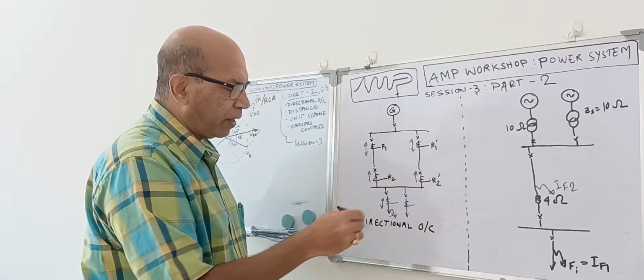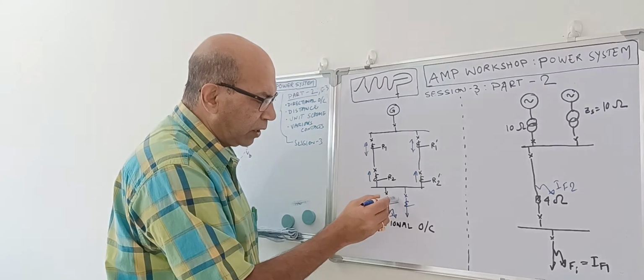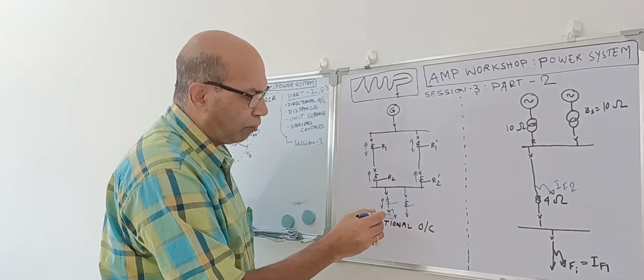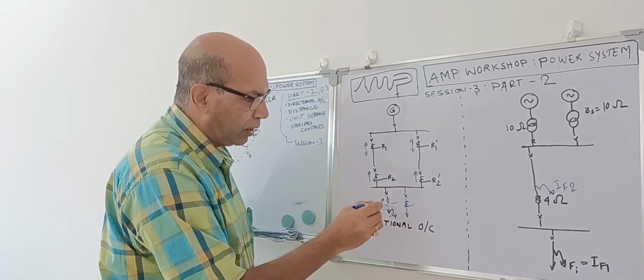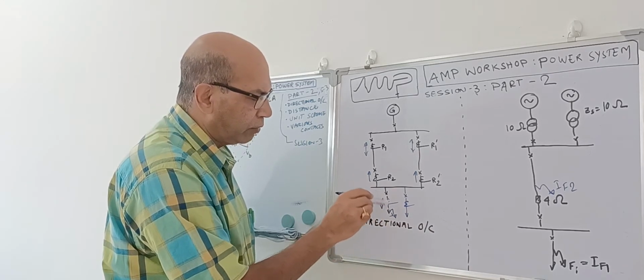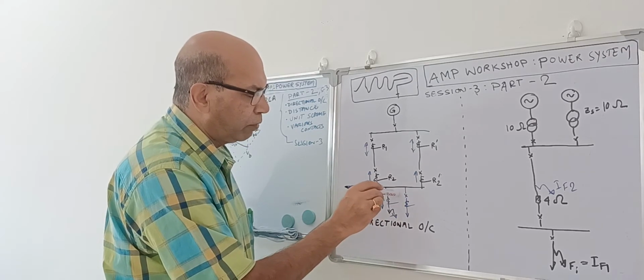Now in case of overcurrent protection, as per selectivity, this relay should operate first for the fault over here. And accordingly, it will see the current. It is a non-directional relay. It can see current flowing this way as well as that way. As the current is flowing this way, this relay will see the fault, and immediately the fault will be cleared.